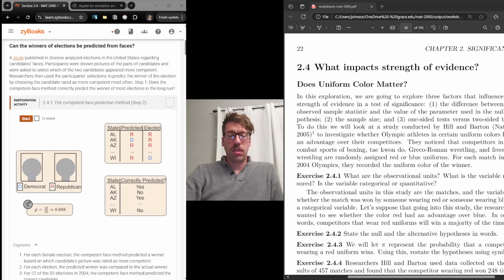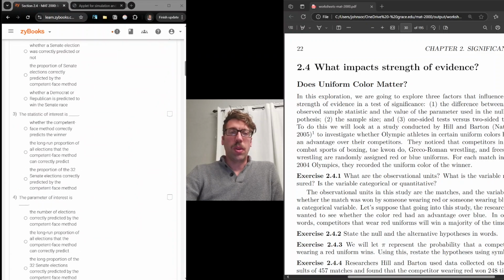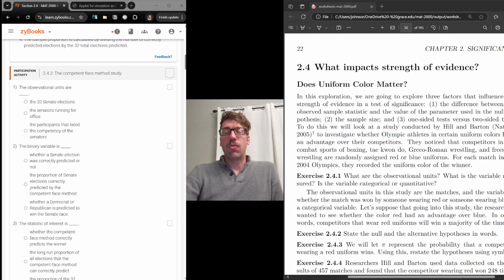So for the reading, you should have read about the situation of this study that looked at if the person who tends to look more competent seems to win more elections. And you went through all of that, and now for the worksheet, we're going to look at